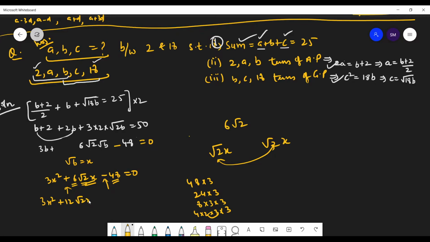So x is common, x plus 4 root 2, and then minus 2 root 2 is common, 0. Right. So you get x equals 2 root 2. So x equals to,